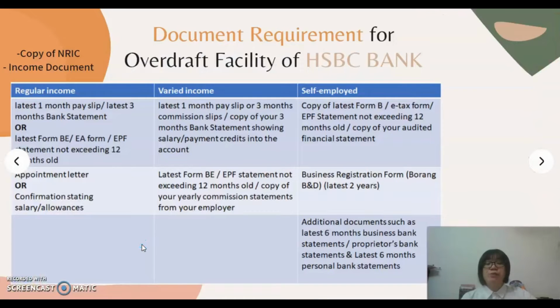These are the document requirements for the overdraft facility of HSBC Bank. In general, you need to prepare a copy of your NRIC and income documents as well. For regular income applicants, you need to prepare the latest 1-month payslip or latest 3-month bank statement or latest Form BE or EA form or EPF statement, and appointment letter or confirmation stating a salary or allowance. While for the